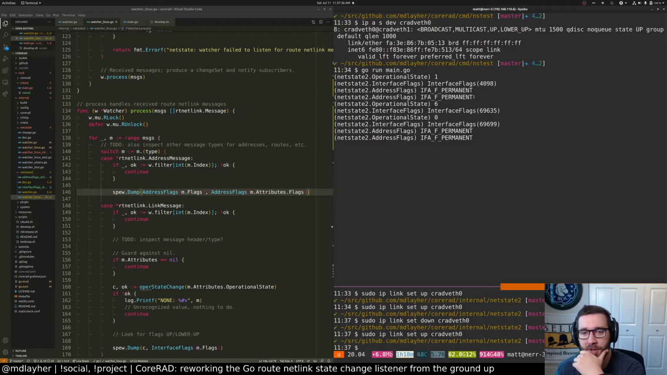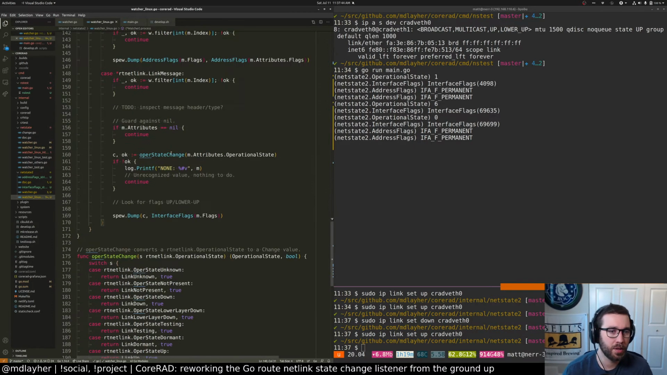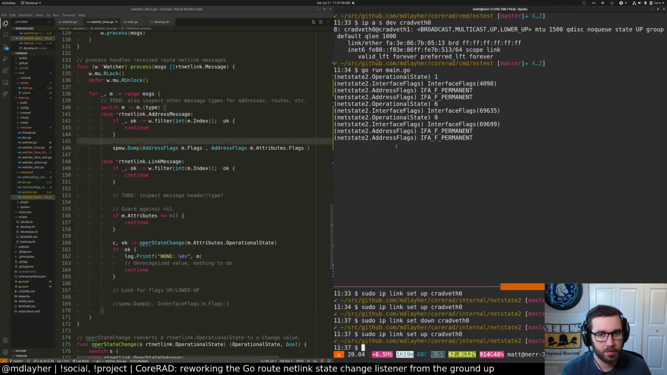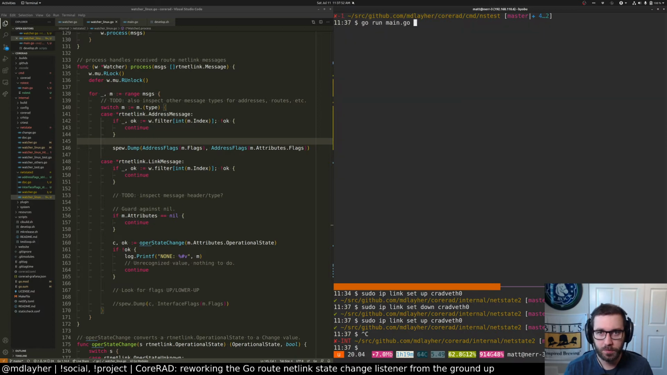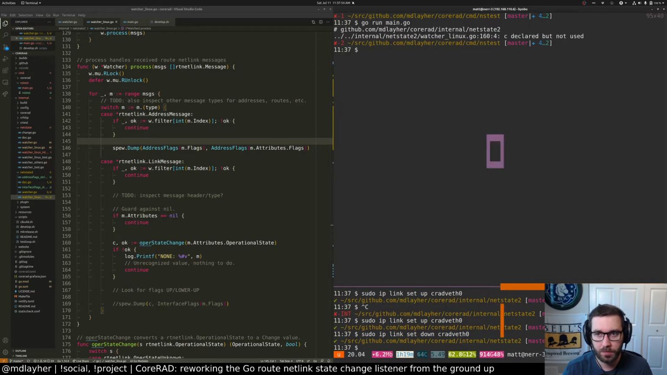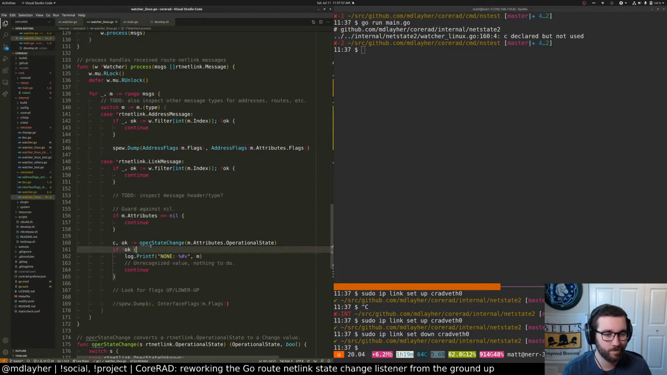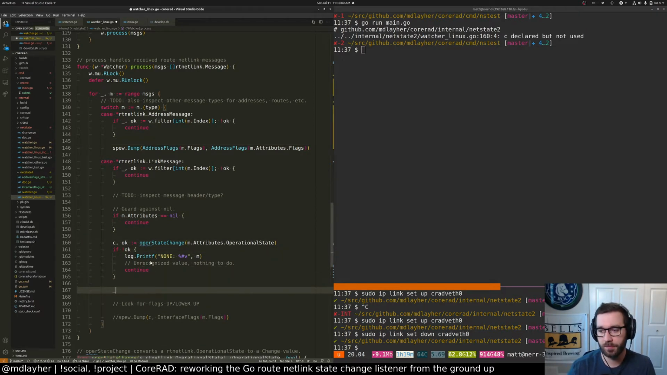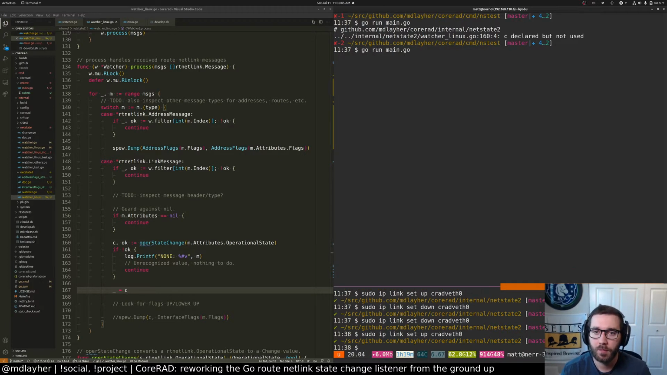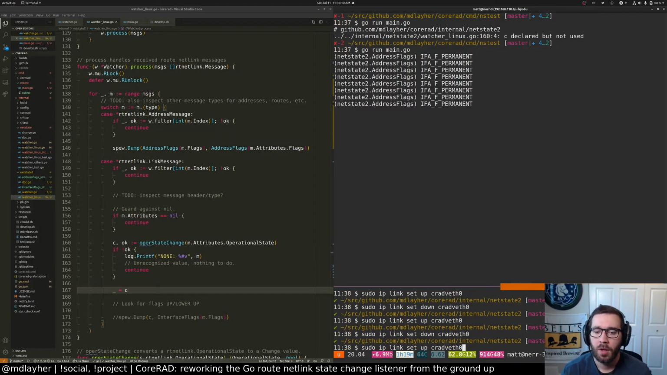So IFA_F_PERMANENT. So we got a couple of different, I guess some of these are the interface states. Let's ignore interfaces for now. So it looks like what's happening here is